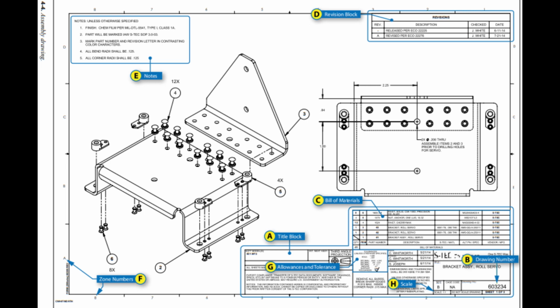Drawing or print numbers. All prints are identified by a number that appears in a number block in the lower right corner of the title block. It may also be shown in other places, such as near the top borderline, in the upper right corner, or on the reverse side of the print at both ends so that the number shows when the print is folded or rolled. The purpose of the number is quick identification of a print. If a print has more than one sheet and each sheet has the same number, this information is included in the number block, indicating the sheet number and the number of sheets in the series. Figure 4-4B.